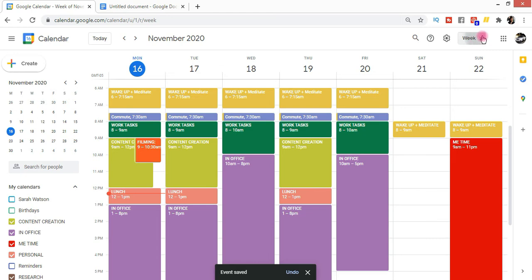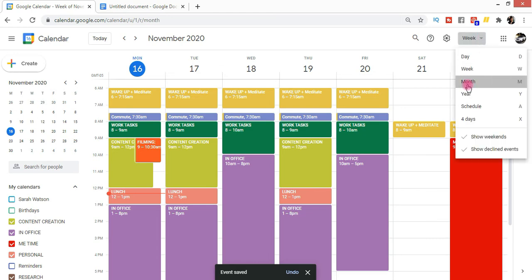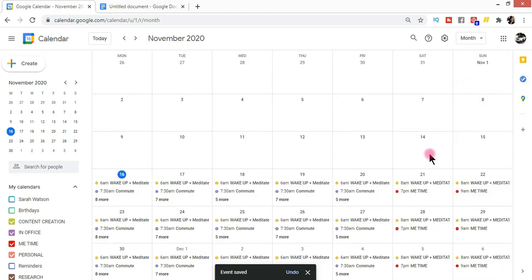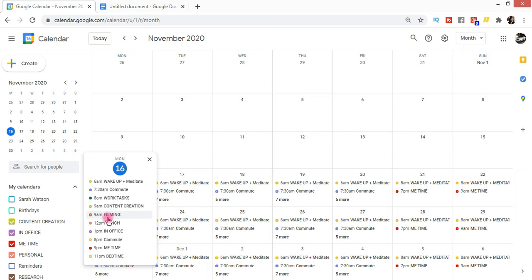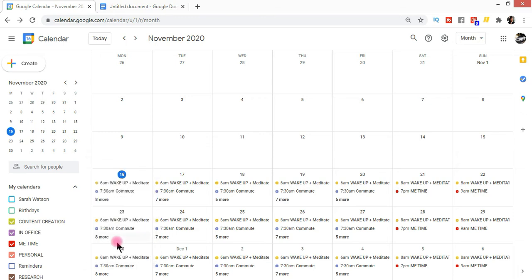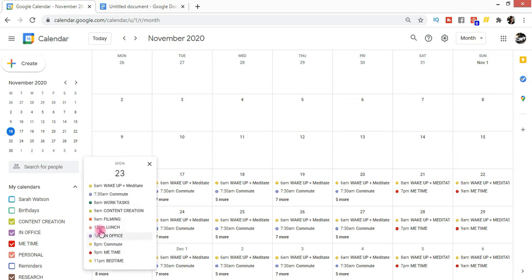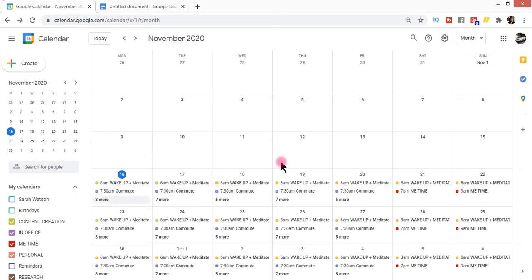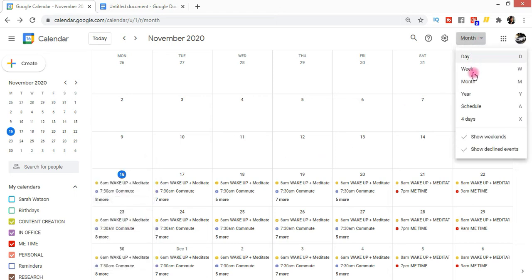And then if we go to our monthly view, it shows the first two things, but when you click on 8 more, you're gonna see. So now see here, 9 a.m. filming and a blank. But if you look at it, every Monday, it says 9 a.m. filming, blank. So then what I can do, come back to my weekly view,